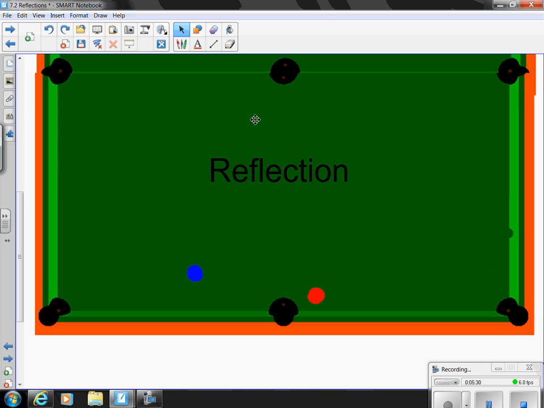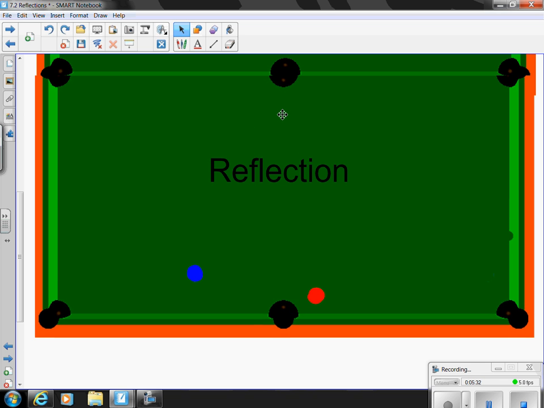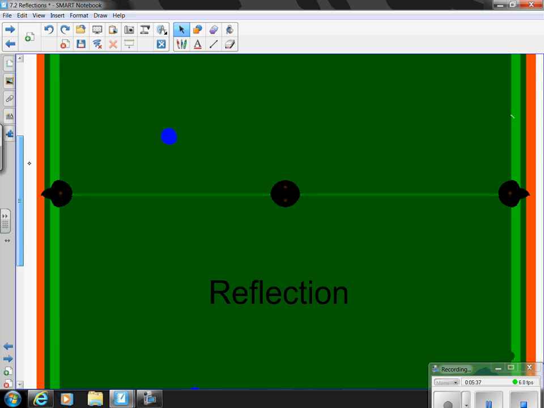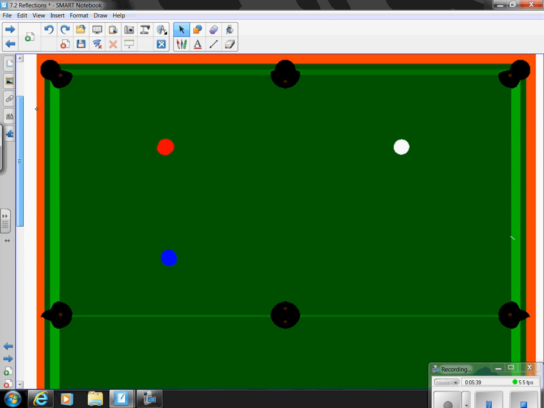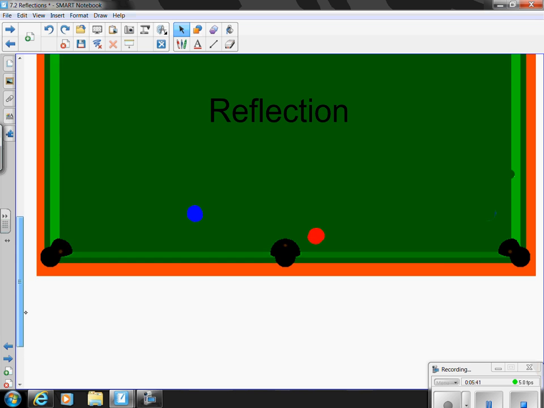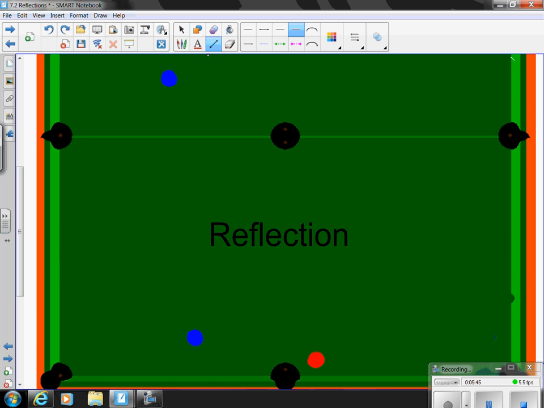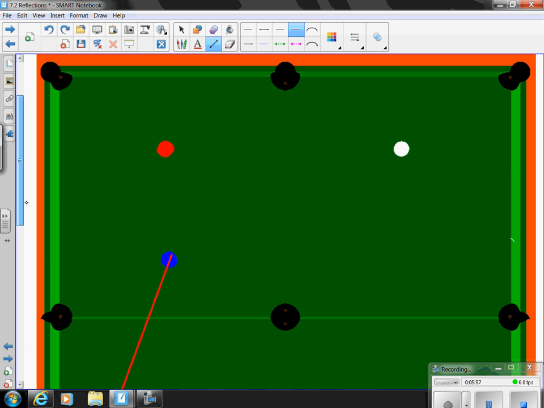It didn't work there for a second, but put it right up here, and we can use this reflection. So this pocket is being reflected down into here. So what I'm going to do is line the blue ball up like this. So if I want the blue ball to go into that pocket, I'm going to need to